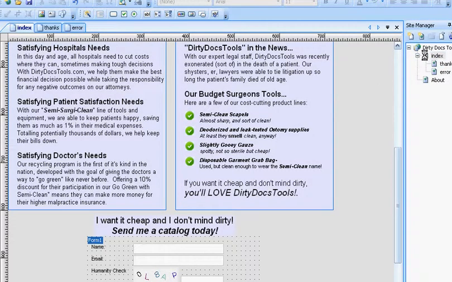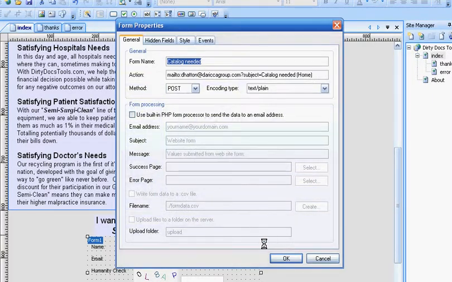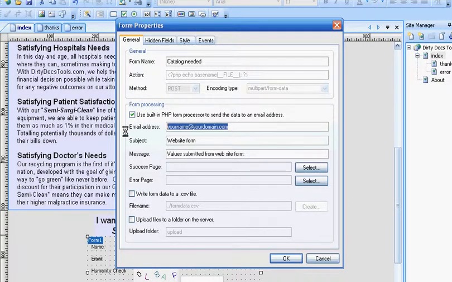Let's go to our index page where the form appears. Now we're going to set up the processing for the form itself. Right click on the body of the form right here where you see all the little dots. Click on Properties. Here's where we select Use Built-in PHP Form Processor. We enter in our email address again,